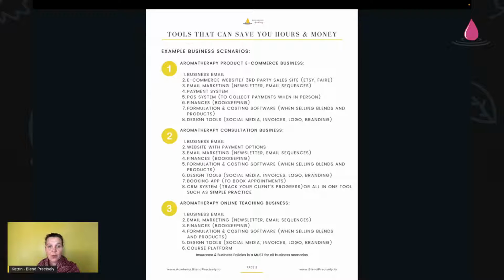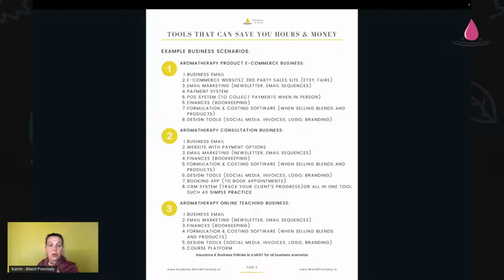So the very first one is a product e-commerce business. What does that mean? It means you basically create products to sell them through your online store or in person. And for that, you definitely still need a business email. So you don't want to have an email that says, I don't know, Katrin's aromatherapy at gmail.com. That does not look professional.